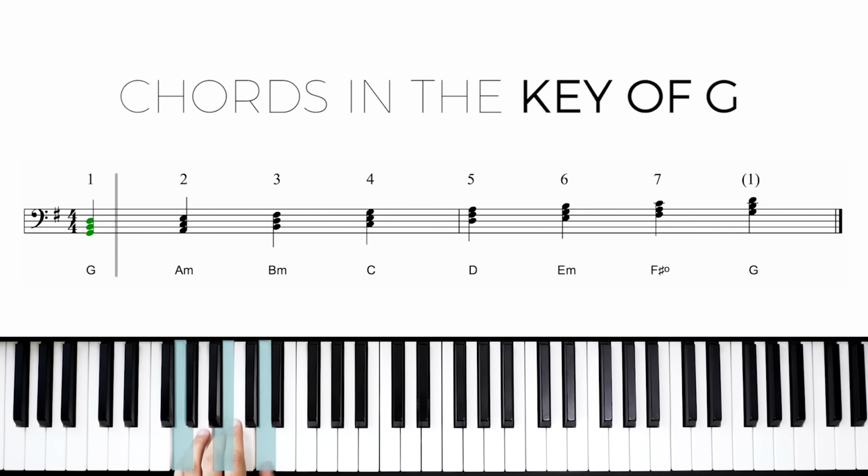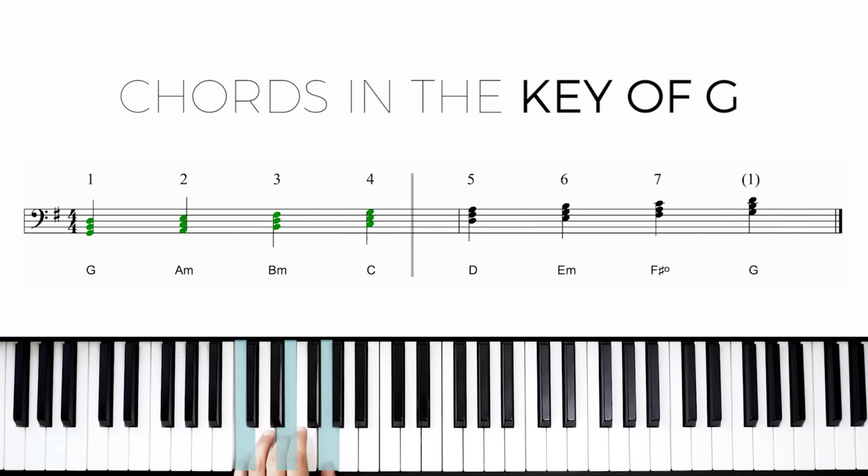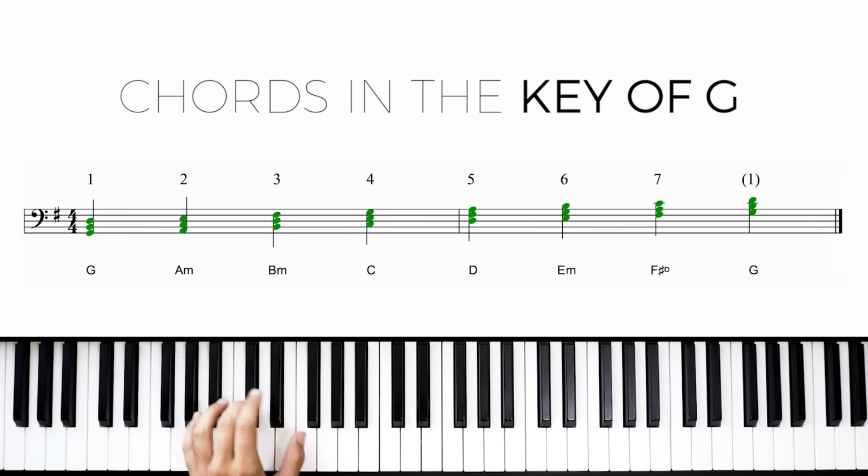Here's G. Here's our 2 chord. 3, 4, 5, 6, 7, and 1. Nice work. Now, because we're moving up and down to accommodate this F sharp, if you need some extra practice going at that slow speed,